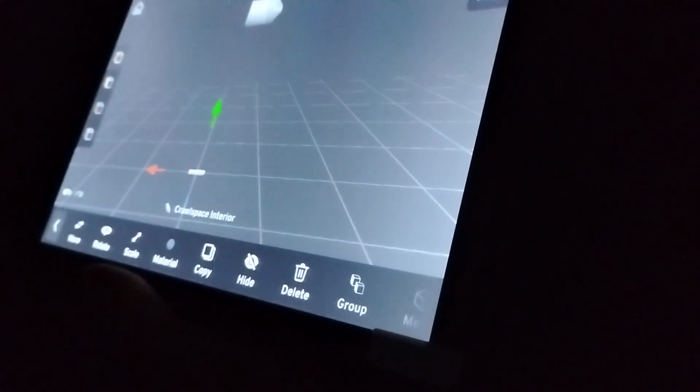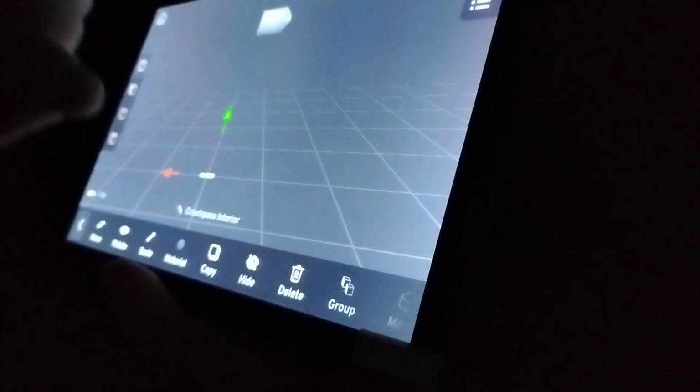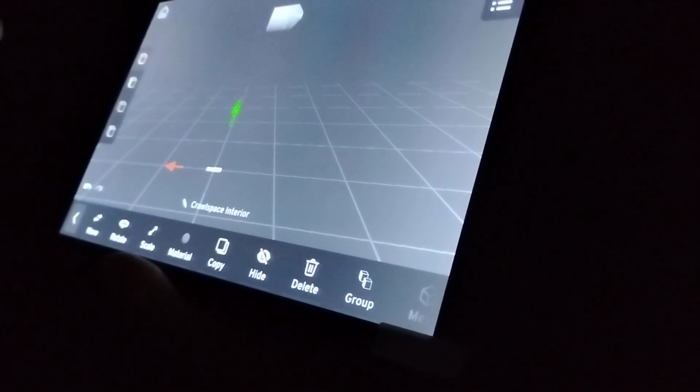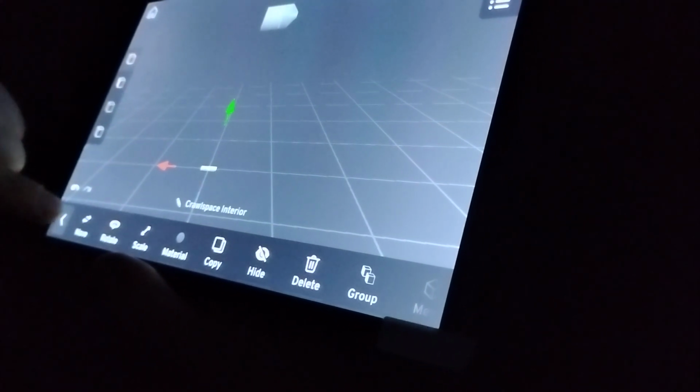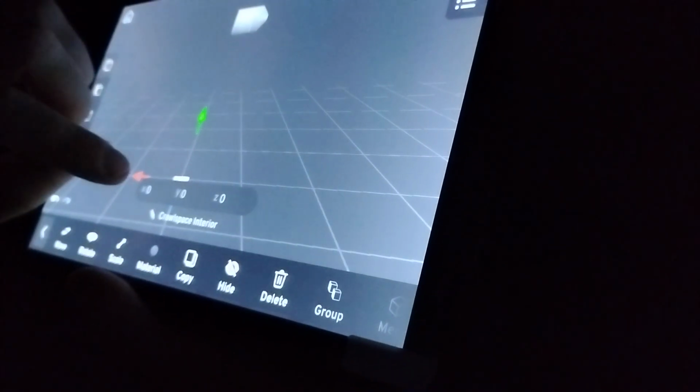So let's go with 200. I'll go with minus 14. Then go to 200. So that would be